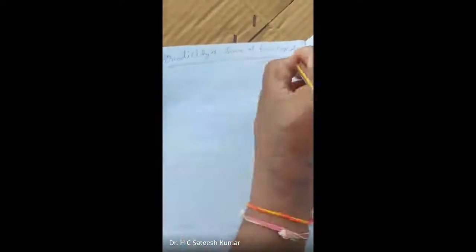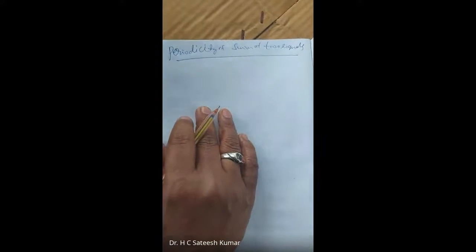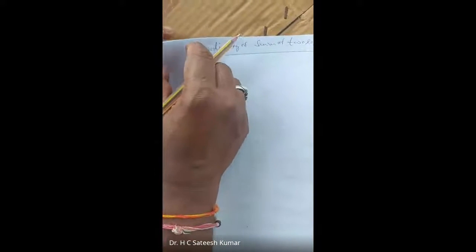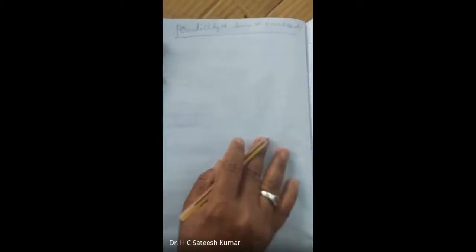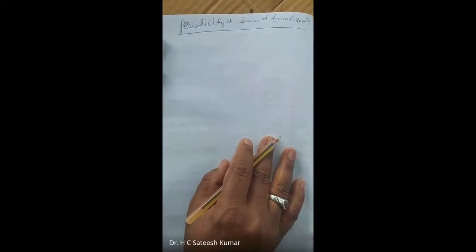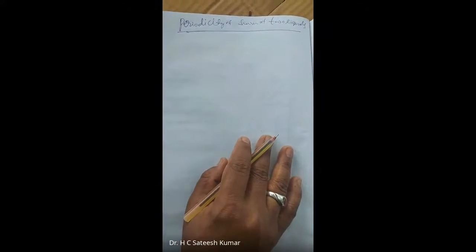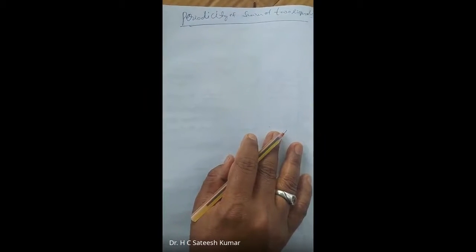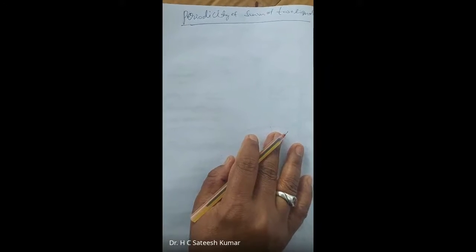The majority of the examination problems are on the sum of two signals. Therefore, I'll take up one example. And before going to the example, I'll tell the condition. The sum of two signals is said to be periodic if the ratio of the individual periods is rational. If it is irrational, it becomes aperiodic.